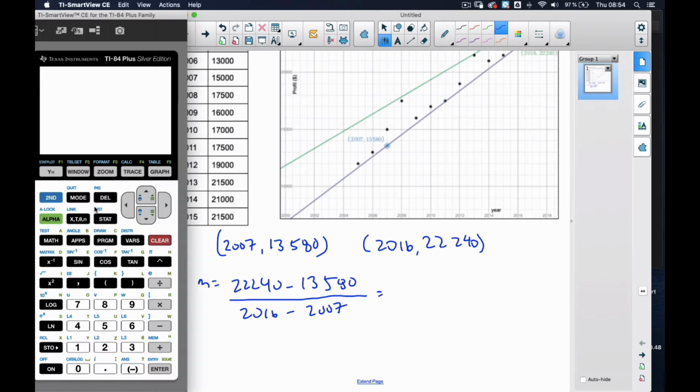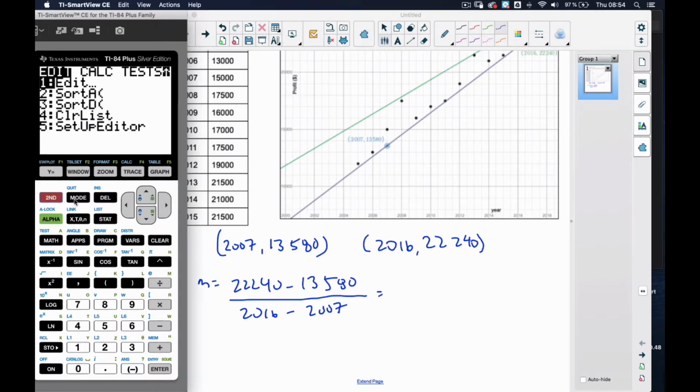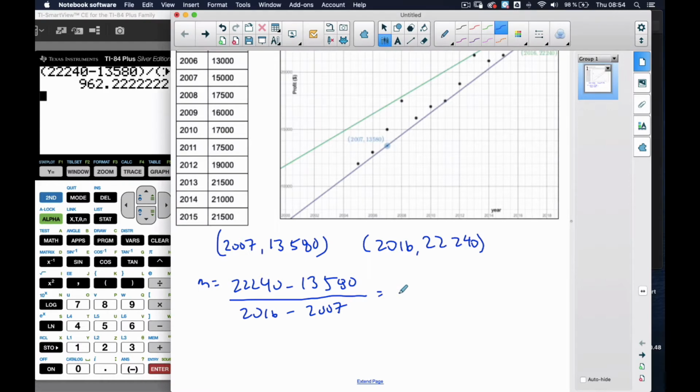When I do that, I go in parentheses 22240 minus 13580, dividing it by, in parentheses again, 2016 minus 2007. And I get a slope of 962.2. Then I'm going to find the equation, y equals